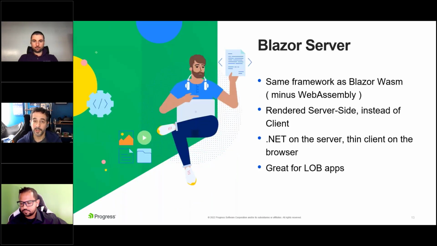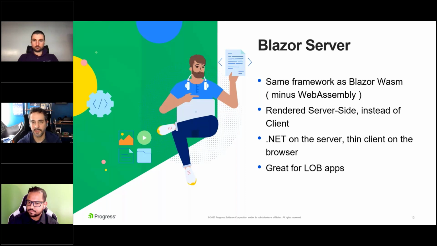Now we also have another flavor called Blazor Server. We'll deep dive into this one as well. It's the same framework as Blazor WebAssembly, but it's not running on the client with WebAssembly. Instead, everything is rendered on the server instead of the client. It's still a SPA application, but the logic is being handled on the server side, and it's using a clever WebSocket technology to make this seamless to the client.